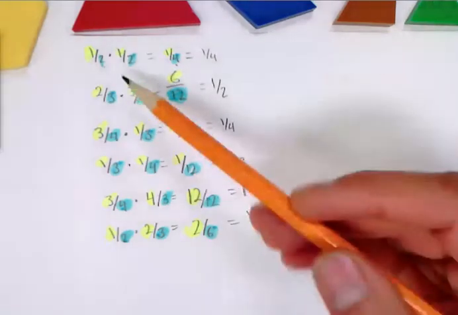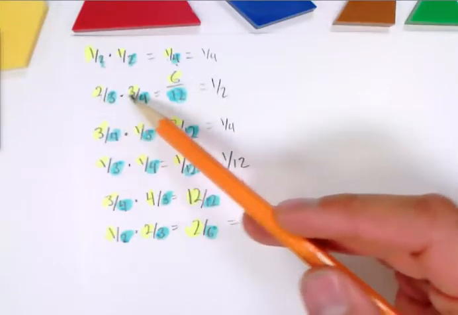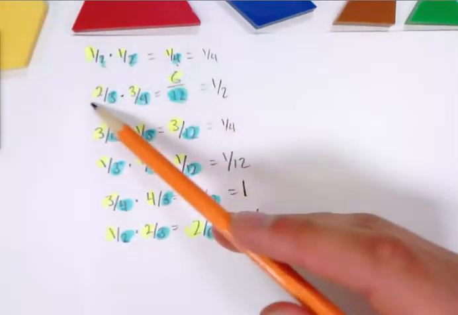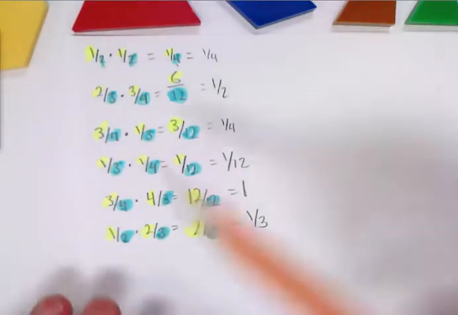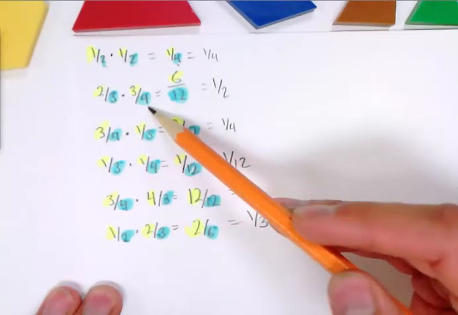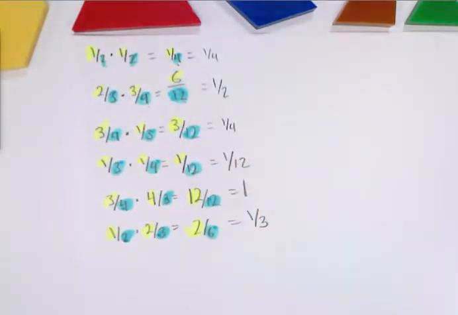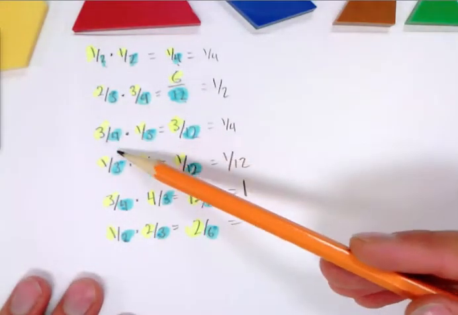Interesting. So let's look at this next one here. Look at my yellow highlighted ones, my numerators. So 2 and 3, what combination of that gives me 6? Well, 2 times 3 gives me 6. Let's look at my denominators. 3 times 4 gives me 12, doesn't it? That's the only way 3 and 4, combining them together, could get 12. We keep this up going all the way down,